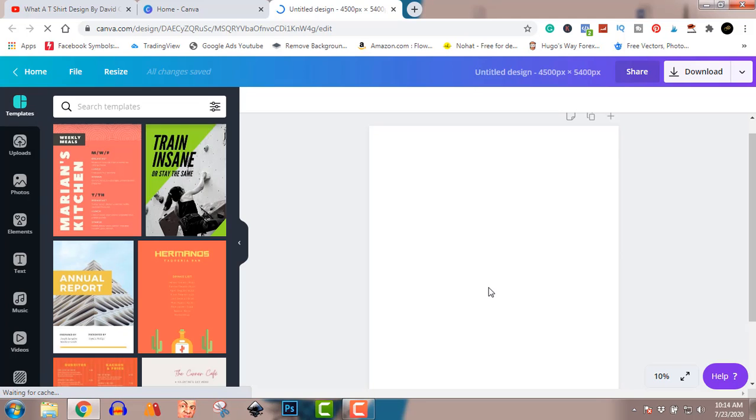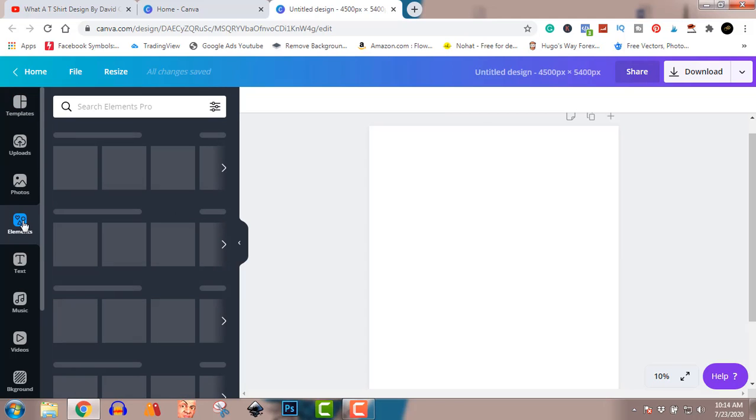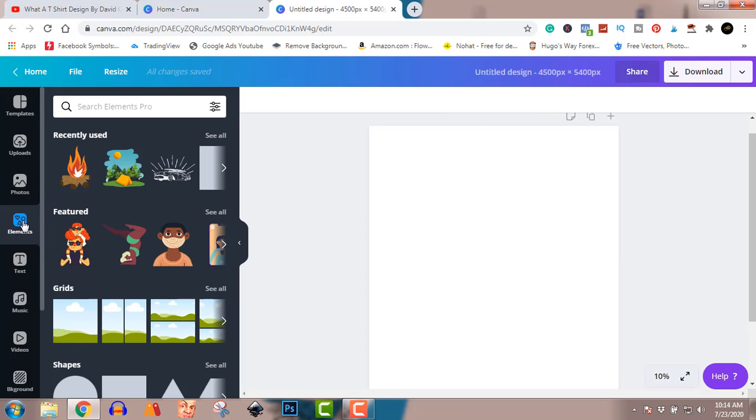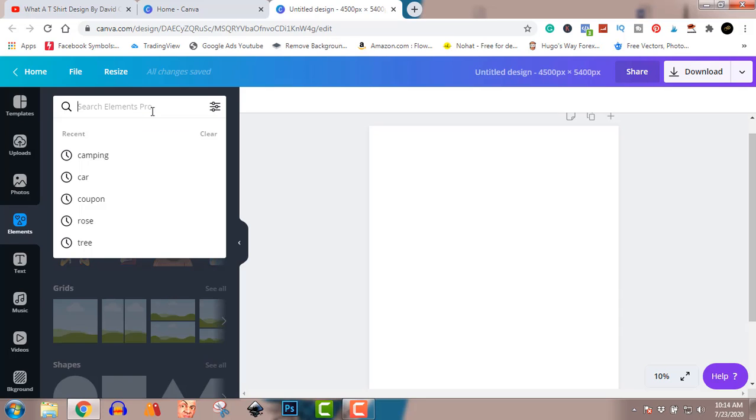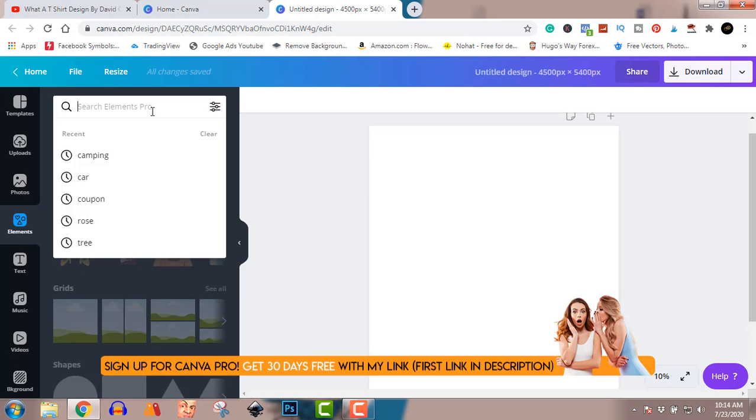Now this one is going to be more like a beer kind of shirt. To start with, I'm just going to bring in some elements, one or two. So let's go to elements. As you know, I love to use elements. If I'm not using elements, then I'm using pictures, and I can get that from Canva. I don't need to go outside Canva to get it. You see, search element pro, just to show you that I'm on the pro version of Canva. I will show you how to get 1 month free on me at the end. So let's first search